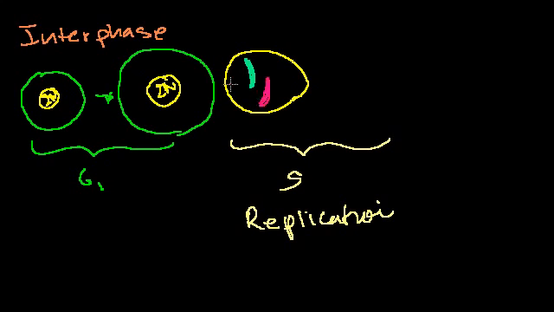As it goes through S phase, these chromosomes replicate. I'm just drawing the nucleus here, zoomed in, where n is 1 and our full diploid complement is 2 chromosomes. During S phase, our chromosomes will replicate, and